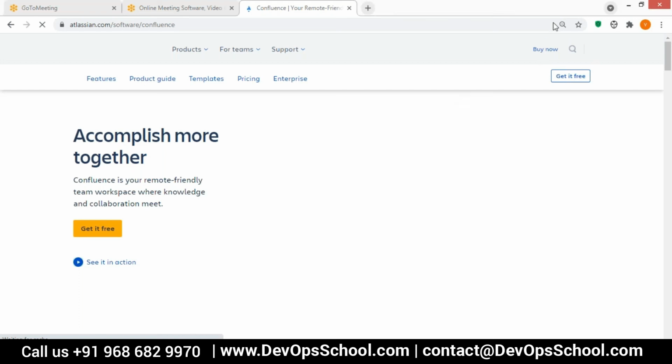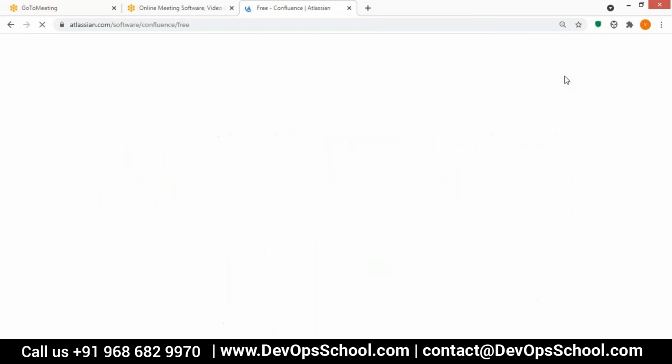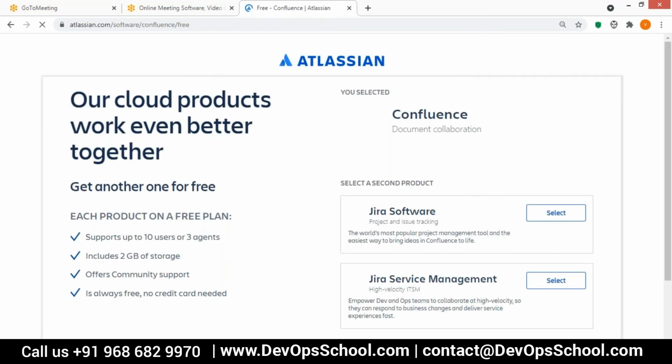It is the same thing that we do in a local setup. On the right side, you have the option to get it free. You will navigate to a new page where you can go ahead with the free version.